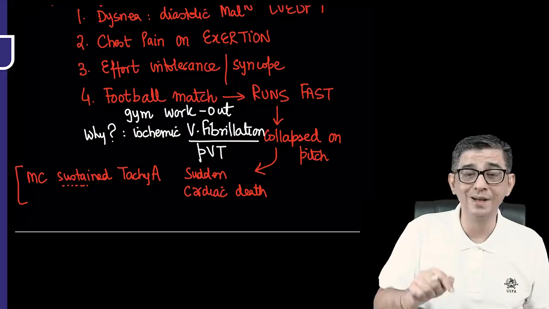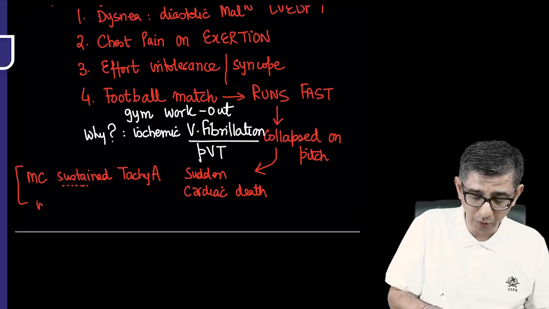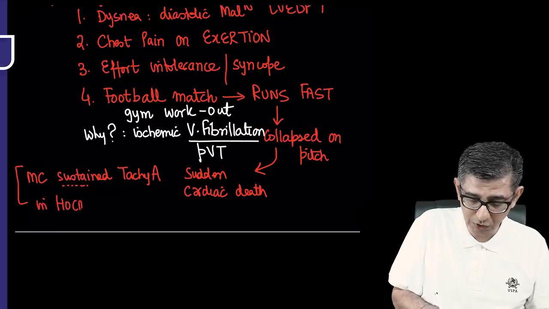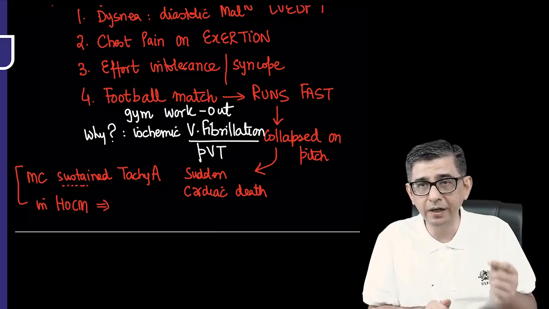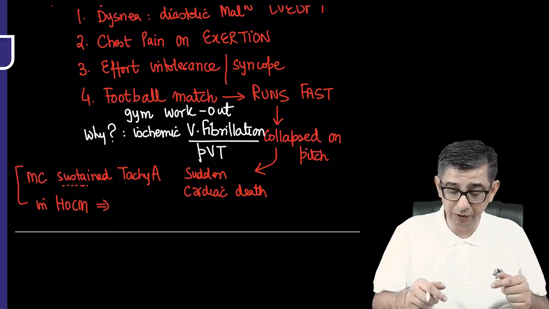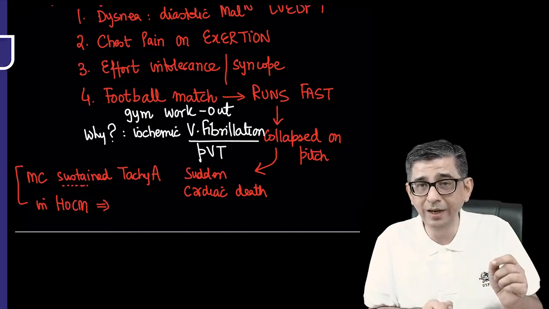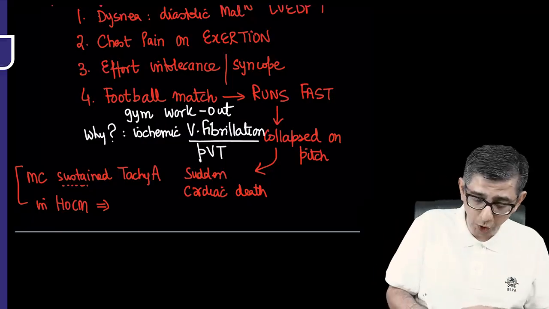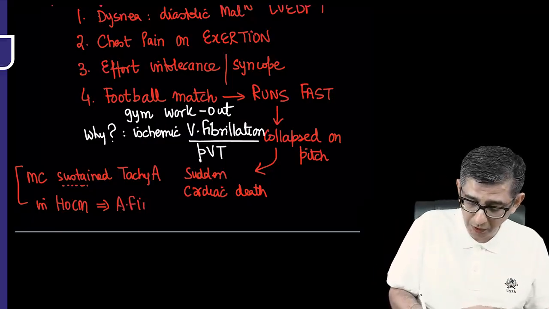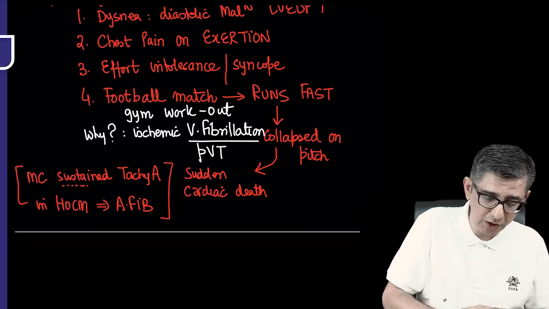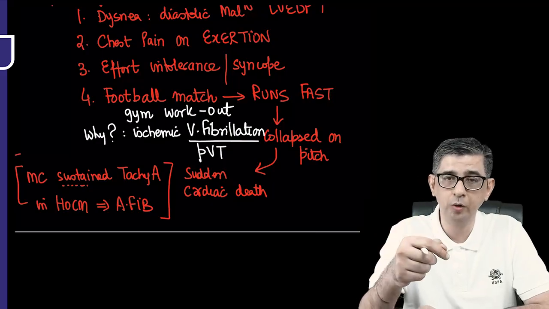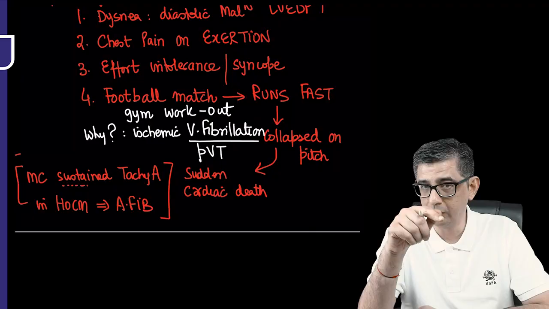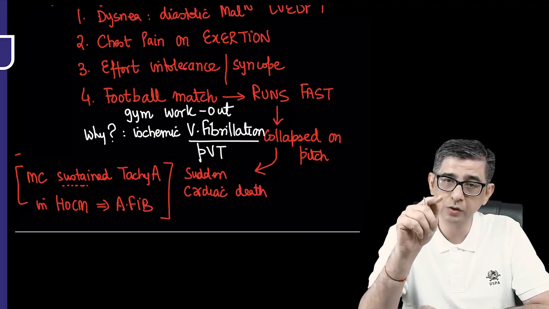But if he says the word sustained tachyarrhythmia, which is encountered in a patient of HOCM, and even if he changes, instead of saying hypertrophic, he says dilated cardiomyopathy, restrictive cardiomyopathy, and he uses the word sustained tachyarrhythmia, then your answer would be given as atrial fibrillation. So mark my words there, guys. If you read a question that says sustained tachyarrhythmia in a hypertrophic cardiomyopathy, your answer would be given as atrial fibrillation. But if it specifies the word